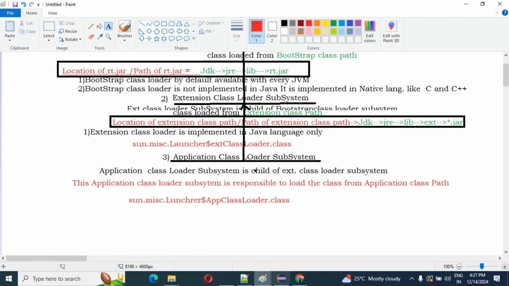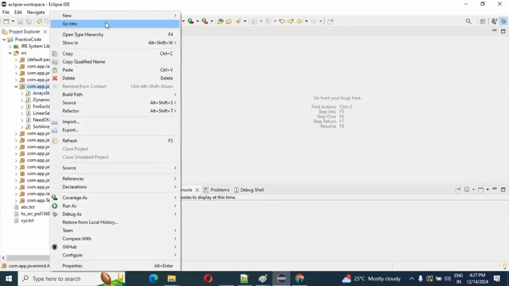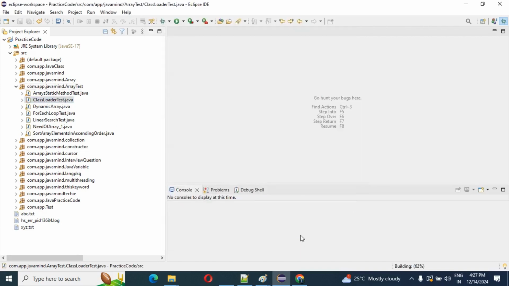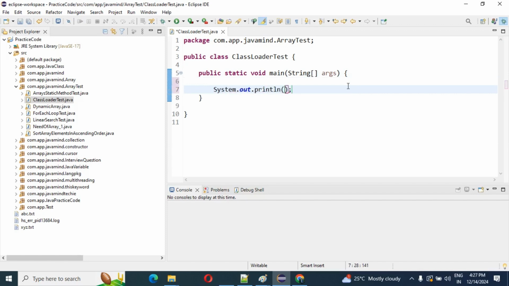I will run one simple program, a ClassLoaderTest, with one main method. In the main method I will print with sysout. First is the bootstrap class loader.